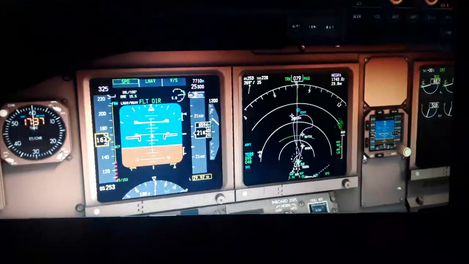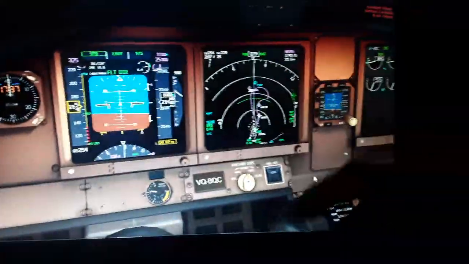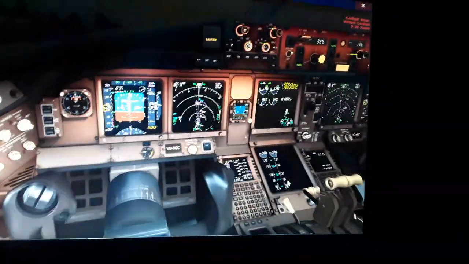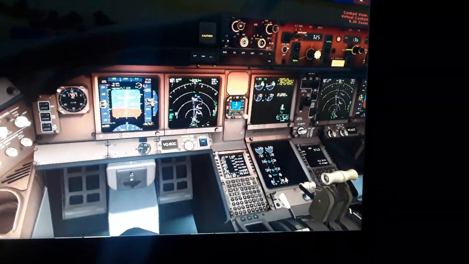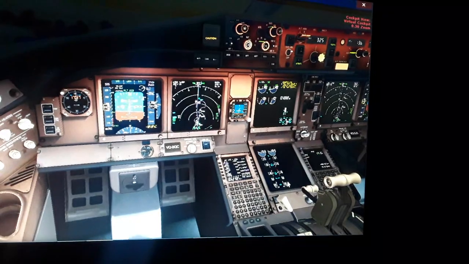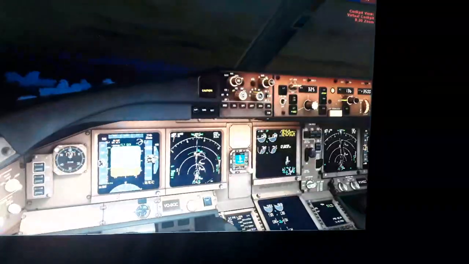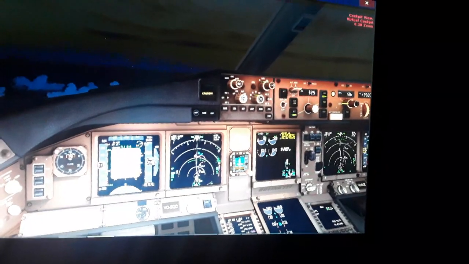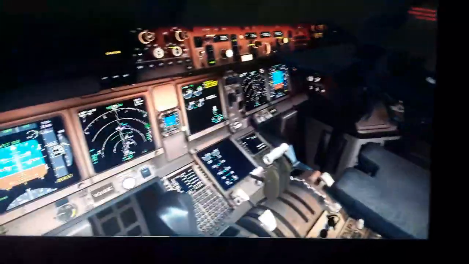So we're cruising for the next waypoint now, over here. We need to level off to increase the airspeed a little bit. And we are very close